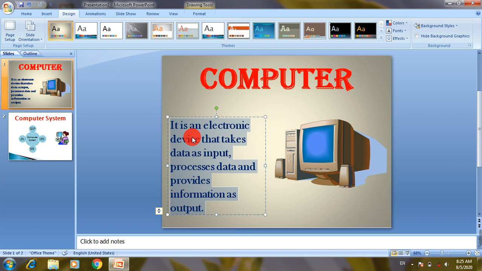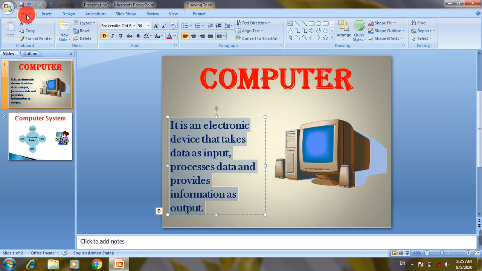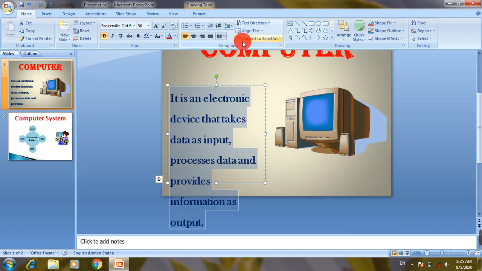So first I have to select this and go to home tab, and in paragraph group you can see this line spacing option. So by default it is 1.0, and you can make this 1.5. So you can see there is increase in space between these lines.